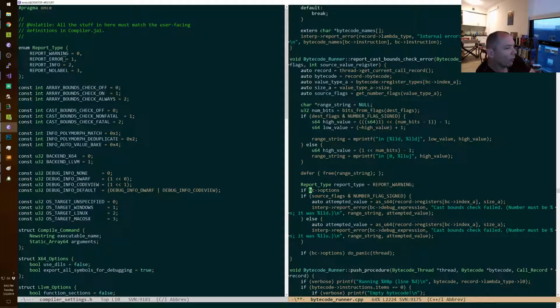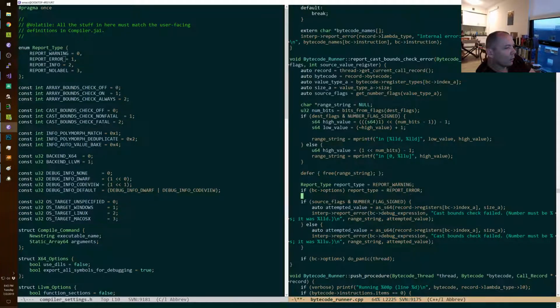Keep wanting to do my ifs without parens. Okay. So this will make it a warning if we have non-fatal set and we hit one in bytecode.